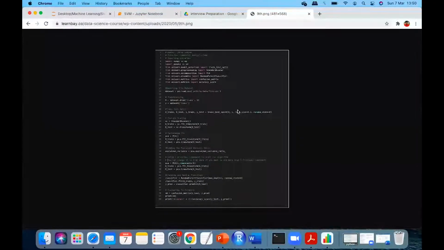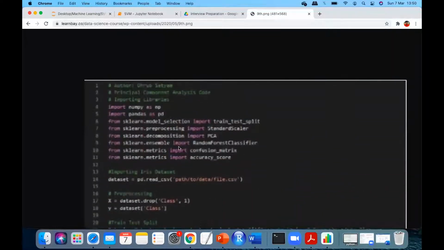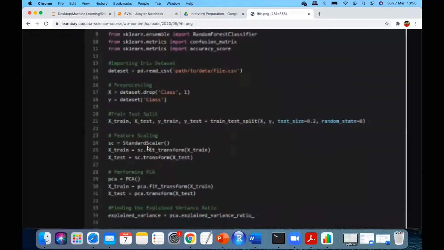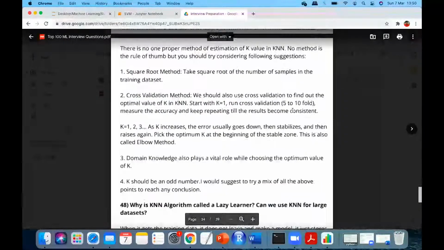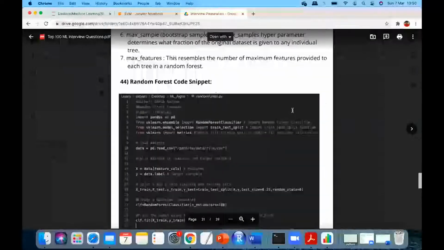This is a proper waste of my time. These guys have made it very small. This is not good, but anyway, we have to go through it. So anyway, you have the code, and this is the code only. What have they done? If I zoom it, it is not coming properly. Okay, try to make one document and send it to me also. Sometimes some people come and ask.